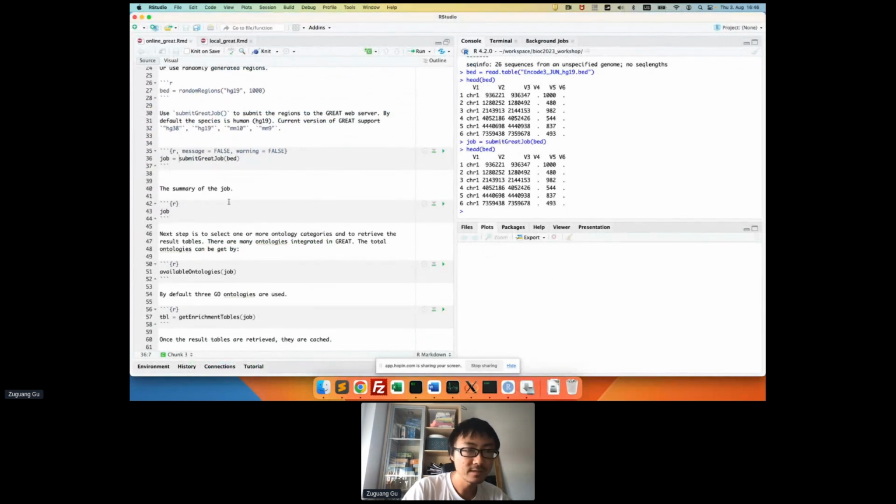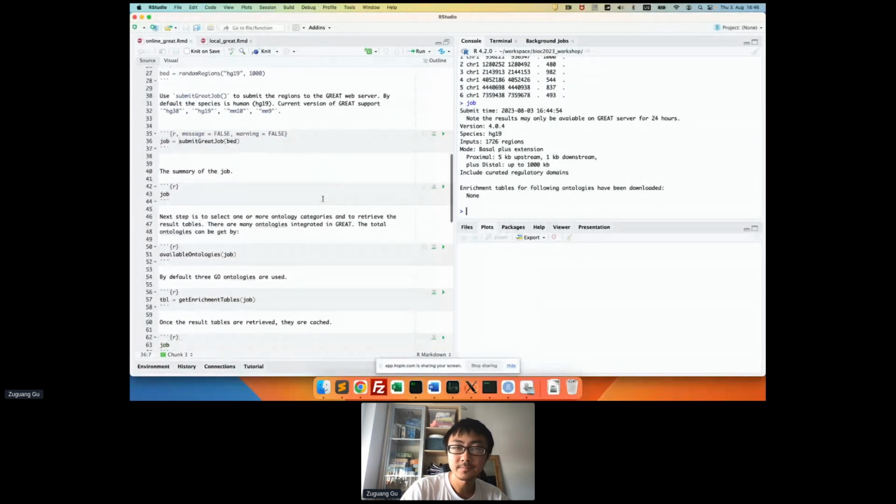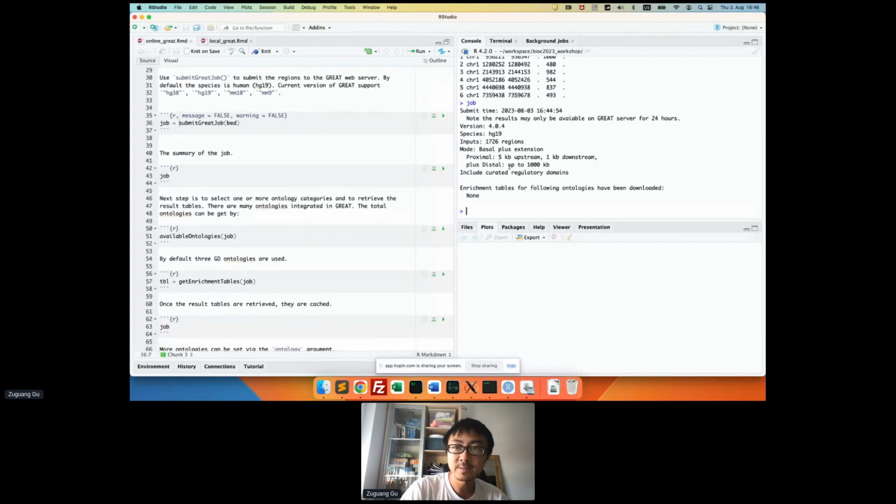So when you have successfully submitted the job, and if you type this object, it will give you some basic information of the version of the GREAT, the genome, how many regions, and the parameters for extending the TSS. So now we have submitted the regions to the GREAT web server, and then the next step is